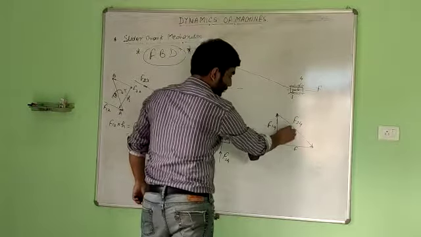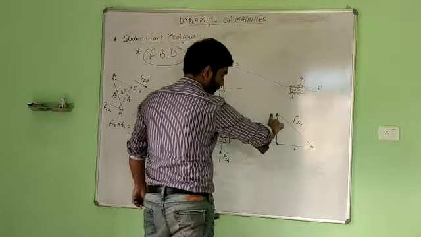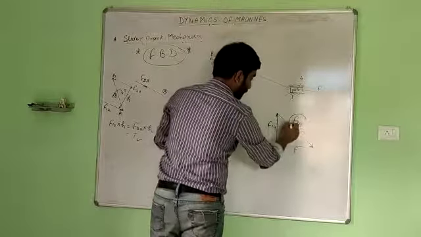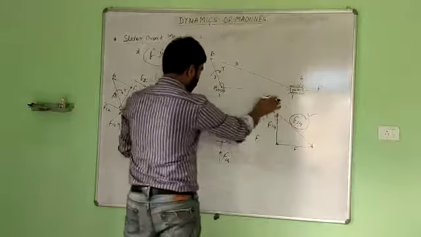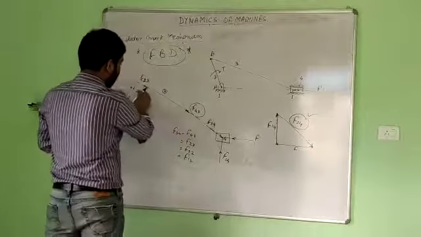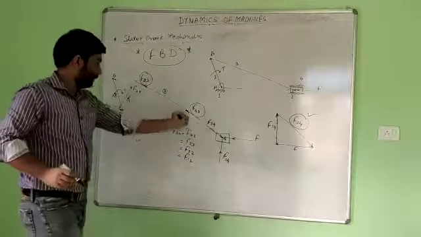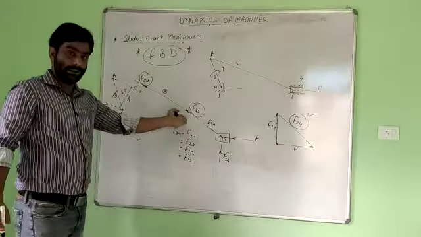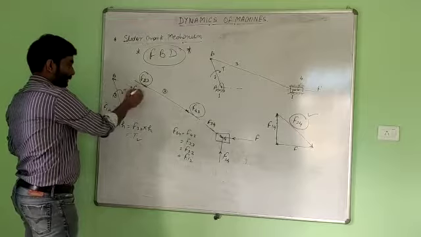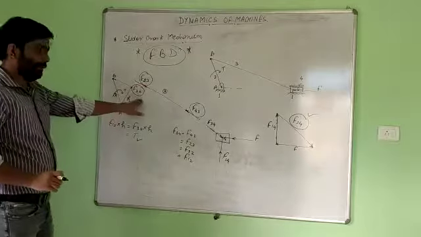Now this force will cut F14 at this point, so we have the magnitude and the direction. For F34 we have the direction and the magnitude. F34 will be equal to F43, and F43 will be equal to F23, because the member is in static equilibrium and both forces act opposite to each other and equal in magnitude. Now we have F23. Then at this point B, we will have F32, opposite and equal to this force.